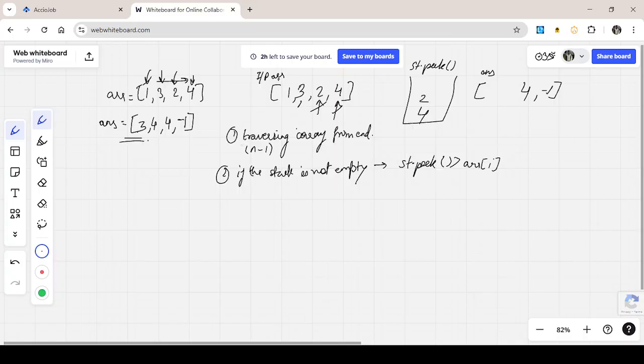Now we are here, so we will see if 3 is smaller than 2, or 2 is greater than 3. You can see this condition: in peek we have 2, and at arr we have 3. So this condition is false. If this is not met, what we will do is say stack dot pop, right? Stack dot pop